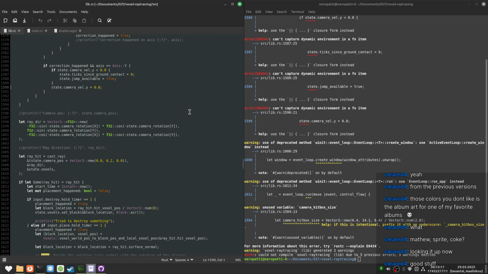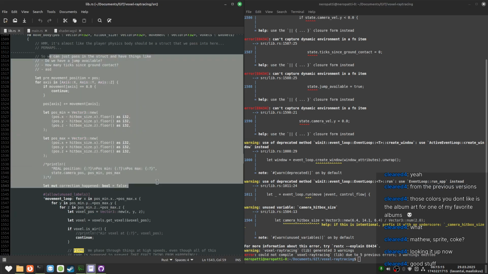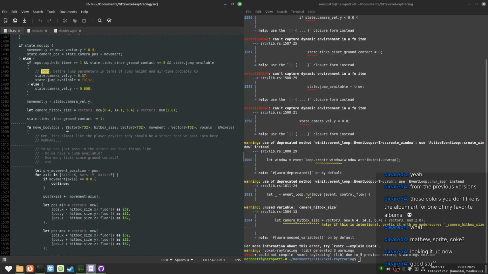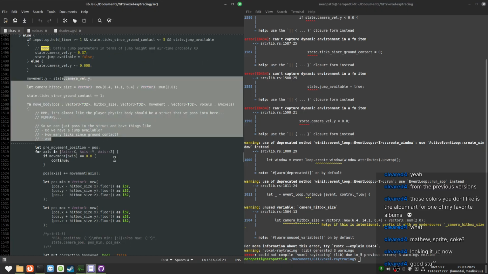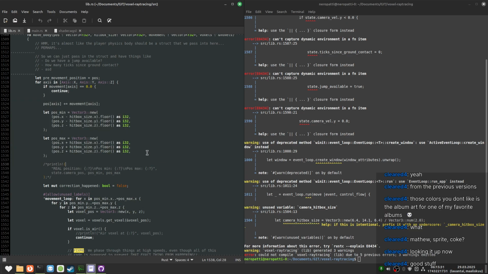Because what I'm basically in the middle of doing is taking the movement code for the camera and making it into a function where I can pass in a thing and then it moves, instead of just having the movement code just exist. When I wrap this into a function, I'll be able to do the stair stepping thing, where we step up the stairs.